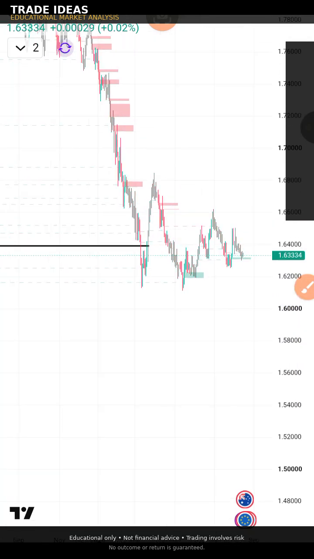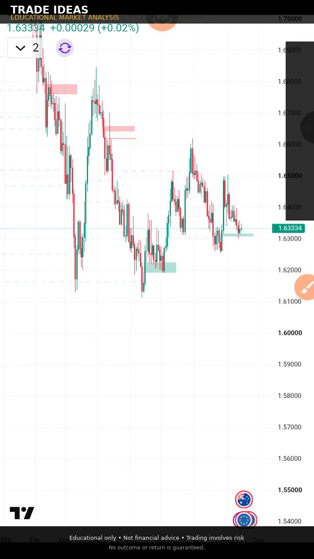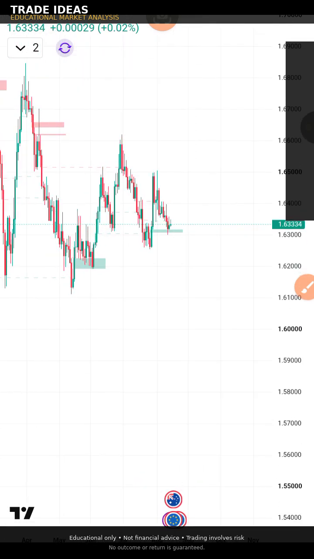Now that we've already seen where the market is coming out from, what do we do? We are going to look for an opportunity to buy,